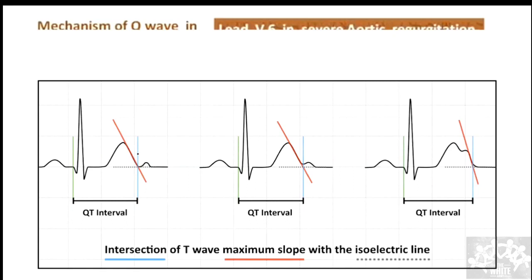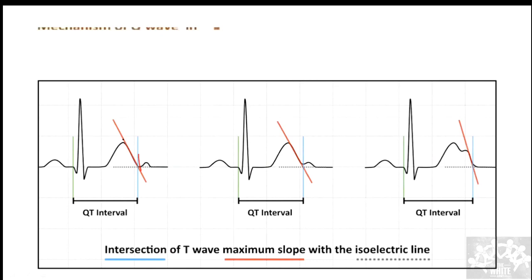So to measure the end of the T wave, you draw a tangent at the peak of the T wave, a straight line until it meets the horizontal. From the horizontal, you draw a perpendicular like this. So this point is the onset of the Q wave, and this is the end of the T wave. This whole time duration is called the QT interval.